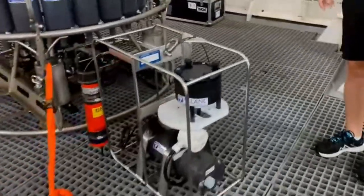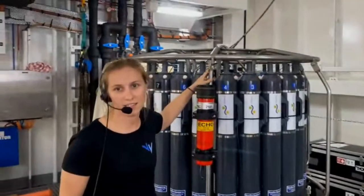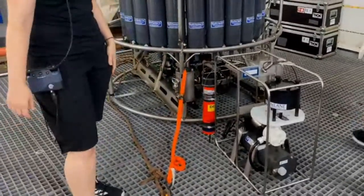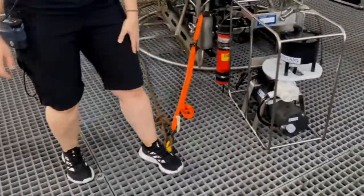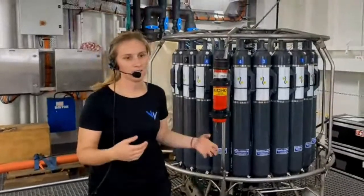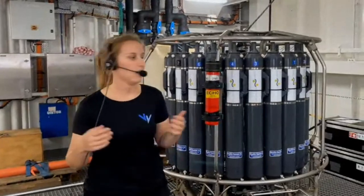So, as we have mentioned, with the rosette we are filtering almost 300 liters per depth, but when we go to the McLane at 5,000 meter depth, what is the difference is that with this one we are almost filtering 1,000 liters of water. So the idea behind this comparison, or using these two instruments, is to have an overview